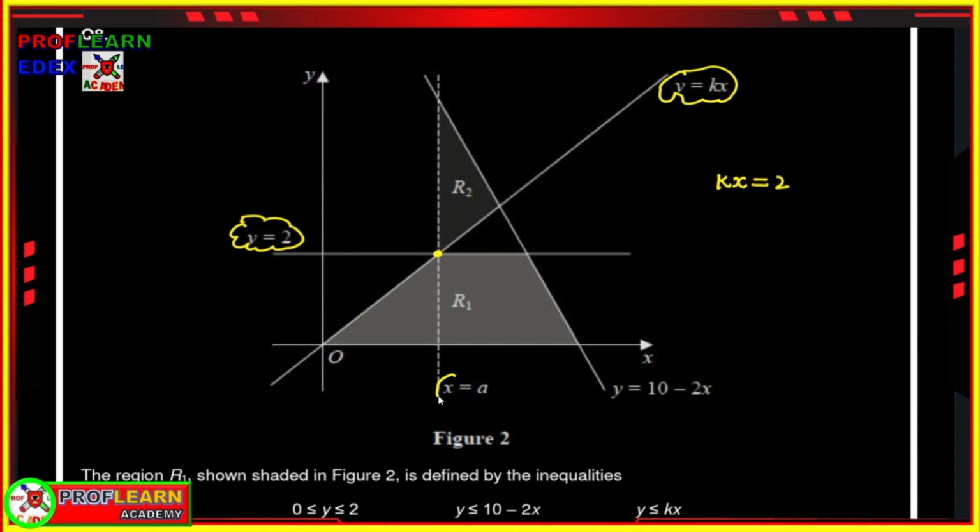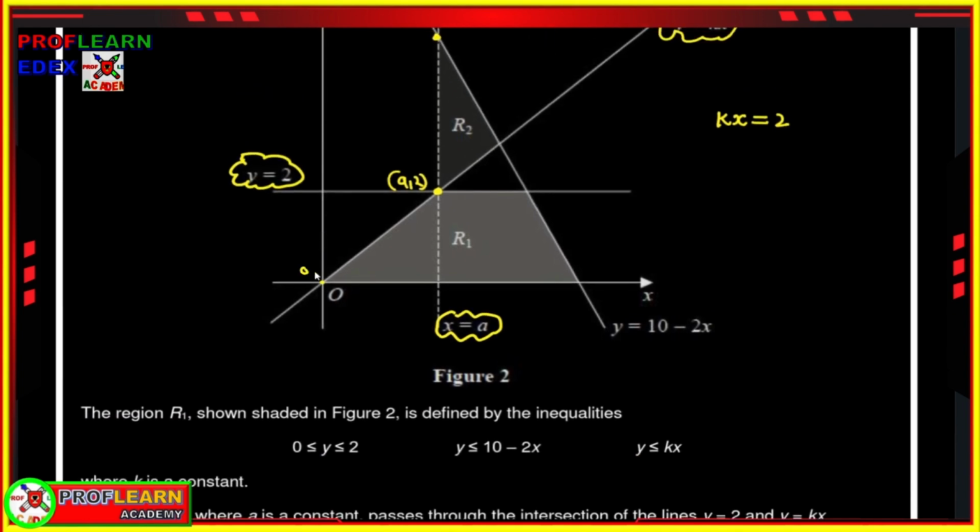We have this coordinate. This is x equals a, a vertical line. All right, so meaning this coordinate here is going to be a comma 2. That's the first coordinate, a comma 2, because we have x equals a, so a comma 2. Then we need to find the second coordinate, which is the origin 0, 0,